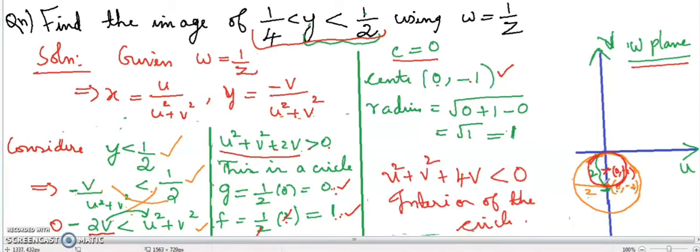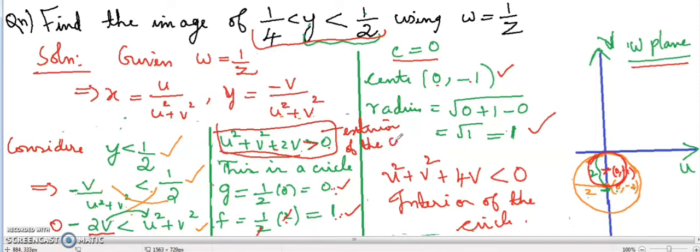So you can draw a circle with the center (0, -1) and radius 1 in the same graph, and it will be like this. Okay. So now what about this one? This final equation is greater: u² + v² + 2v > 0 represents the exterior of the circle. Okay, greater than 0 represents the exterior